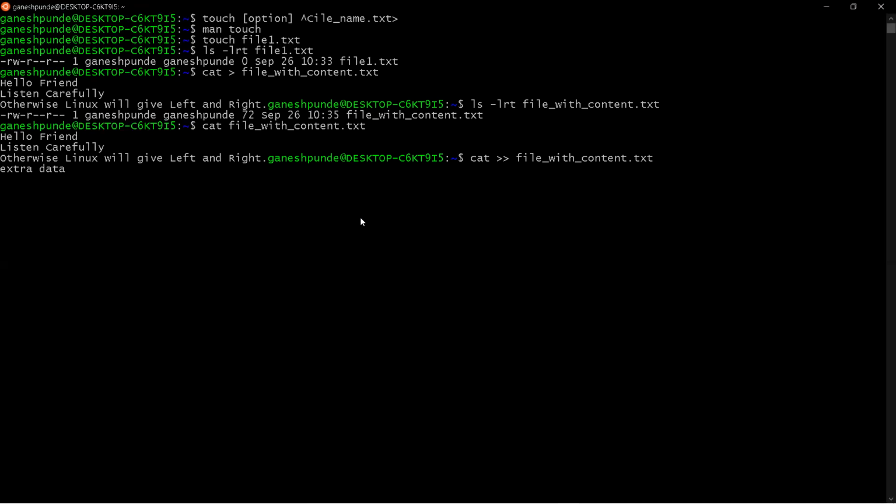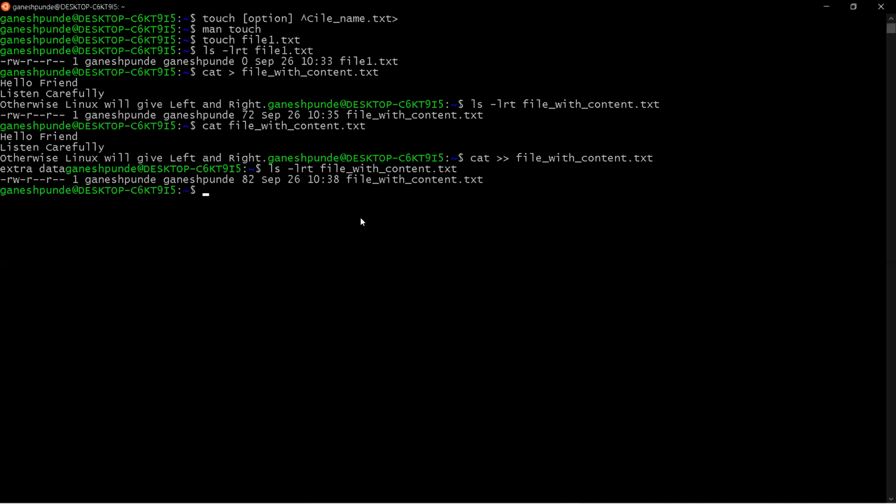So if I press Control D, you can see I came out of the edit mode now. If I run ls -lrt, the file is created, and this file is updated at 10:38, and this file was edited at 10:35.